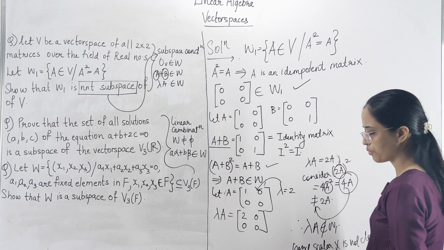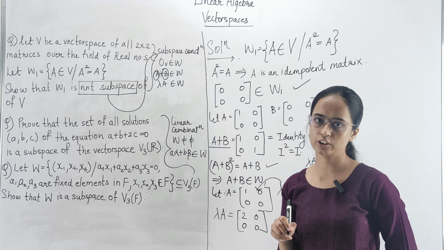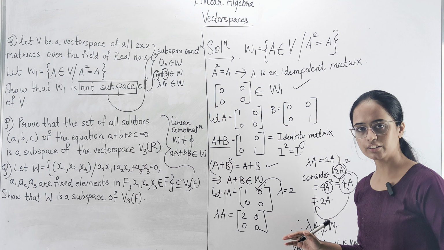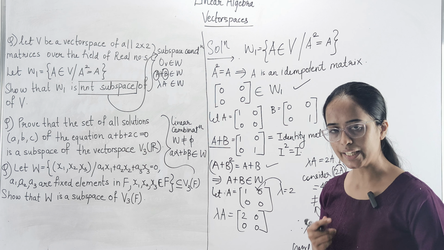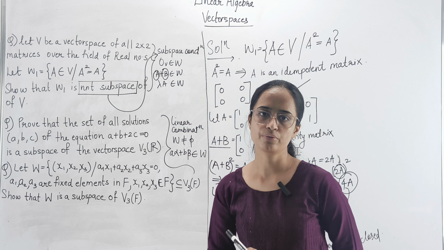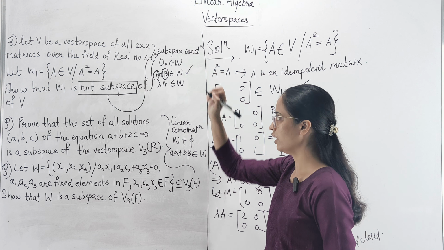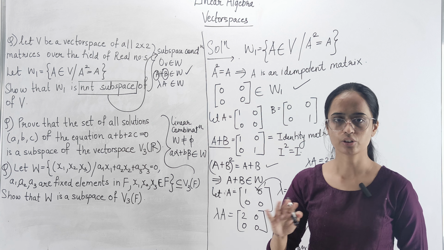And that is why the given set W1 is not a subspace. So this is how you would be proving. Until and unless you reach the point जहाँ पे एक भी condition false proof नहीं होती, you're not going to stop. Let's say कि if your first condition is only false, then you can just stop the solving